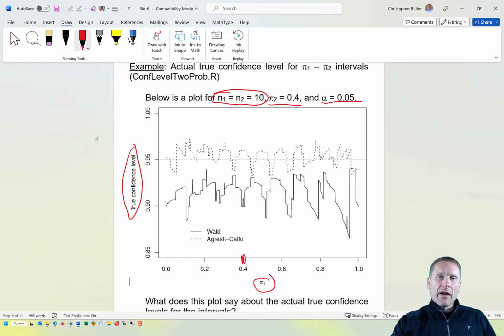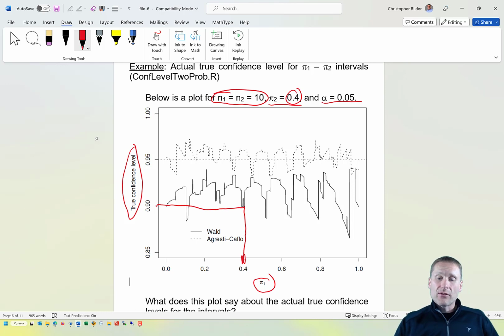Notice pi1 minus pi2 in this particular case, since pi2 is equal to 0.4 as well, would be 0. So the confidence interval can be thought of as working if 0 is inside the interval. And if I project up at pi1 equal 0.4 and then come over, what we can see is